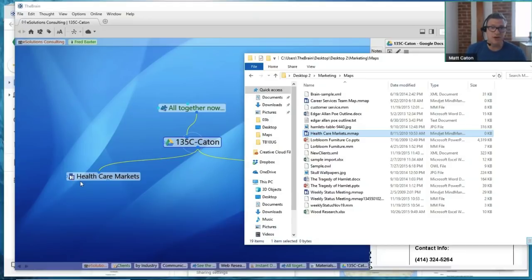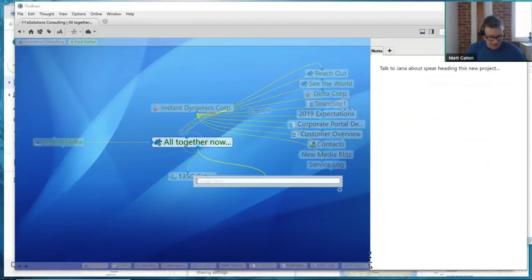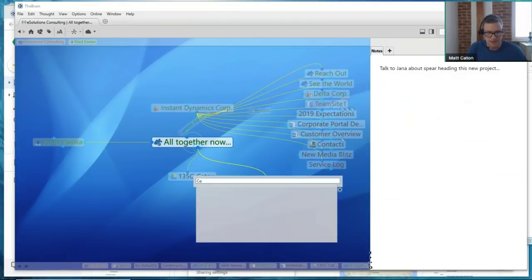So I also want to share with you that we've got many different import capabilities. You can import an entire folder structure. If you've got an existing folder, you want to get that into the brain, map that out really quickly. That's not a problem. I want to share another example of importing, and that's copying an outline and bringing that into the brain. So let's say this all together now company, they're a wood manufacturer, and they're doing some customer